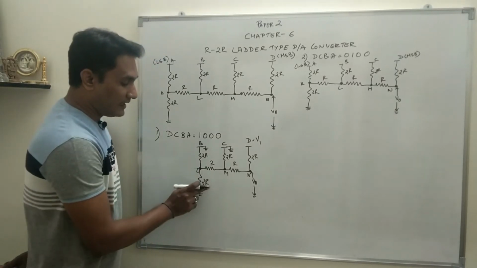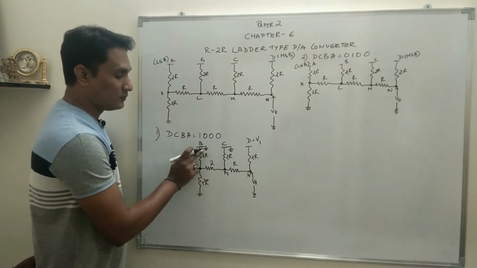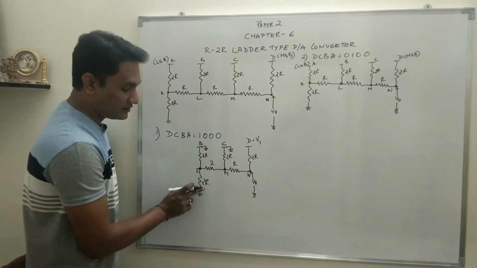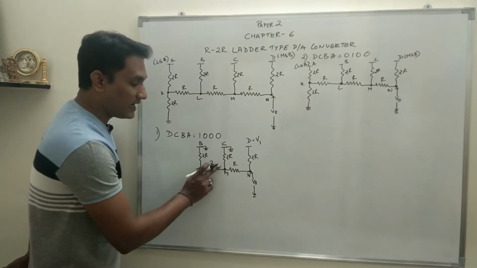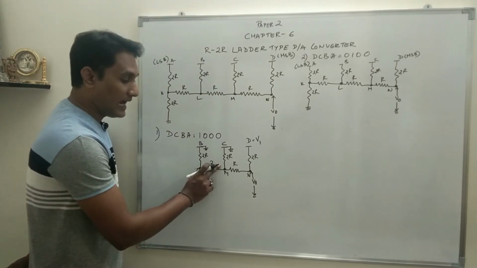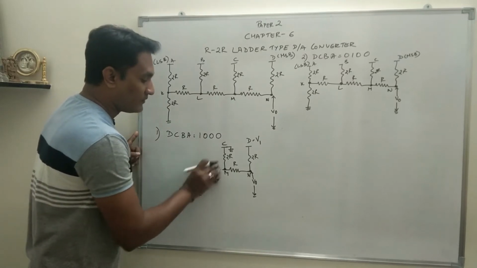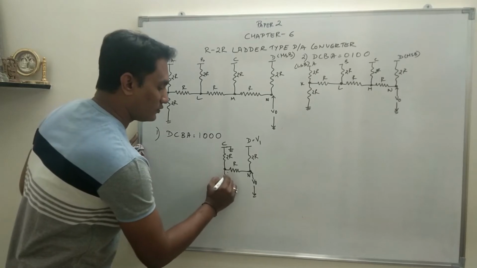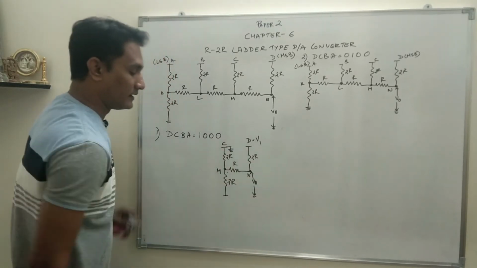Now after that again we will look at B. What happens to B? B is again grounded. So as soon as B is grounded, this 2R comes in parallel, so the value becomes R. This R and this R will be in series, so they will add up to 2R. So the entire network to the left of point M will reduce to a resistance of 2R between M and ground.